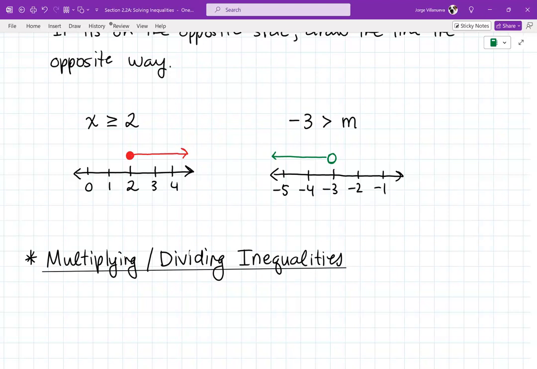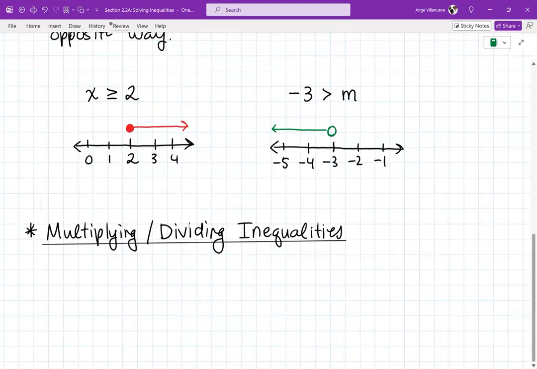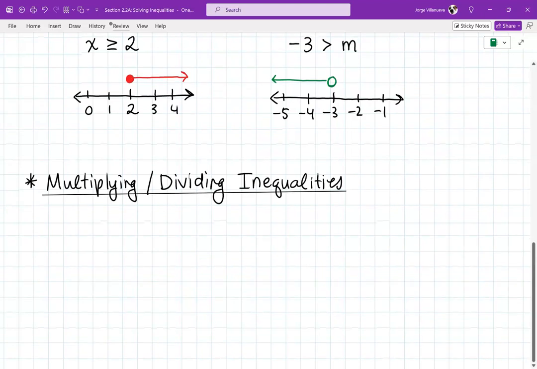If you multiply or divide both sides of an inequality by a negative number, then your symbol, your inequality, has to flip. So if I divide both sides of an inequality by a -2, then if my inequality was pointing to the left side, then I have to make it point to the right side. I got to flip it when I do that. Let me write that down, and then we'll do some examples, and then you guys will get your homework. So the rule is,